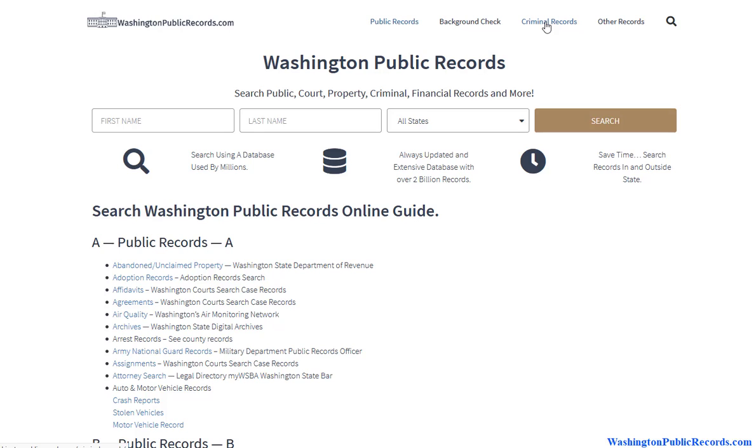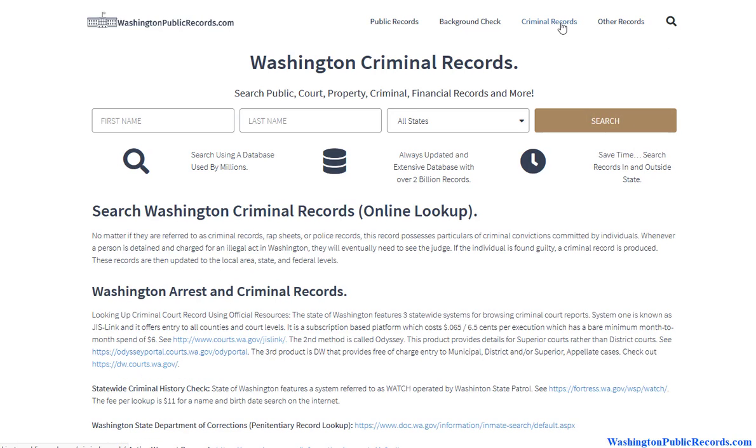So we have created a specific page for the most sought after records. Like background checks, criminal records, and then hover over other records like court records, inmate search, warrant search, vital information, property records. So there's quite a few options in terms of criminal and arrest information. So I'm going to go ahead and click and show you how one of these pages works.